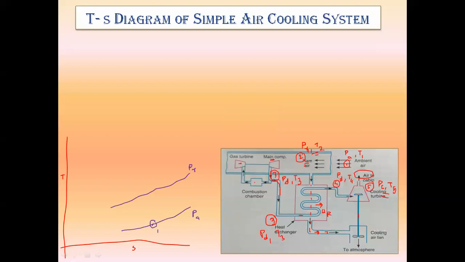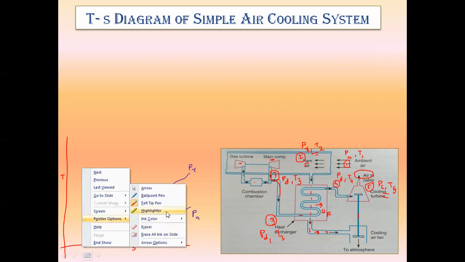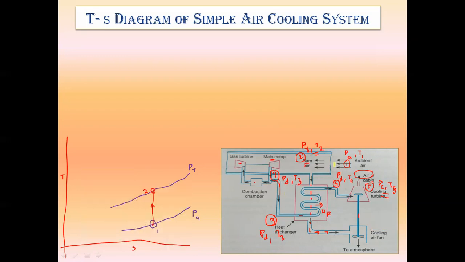That will be drawn like this. In the 1 to 2 isentropic process, entropy will remain constant, and with ramming, pressure will increase from ambient pressure to ram pressure. But this 1 to 2 process will be the ideal process. In actual practice, the meaning of isentropic is nothing but reversible adiabatic. Whenever that air comes inside the aeroplane, this process can never be reversible.